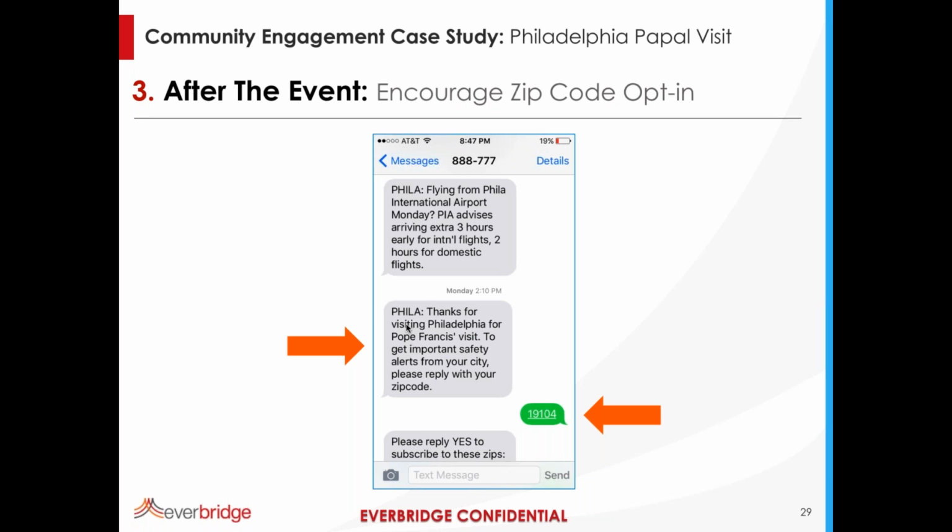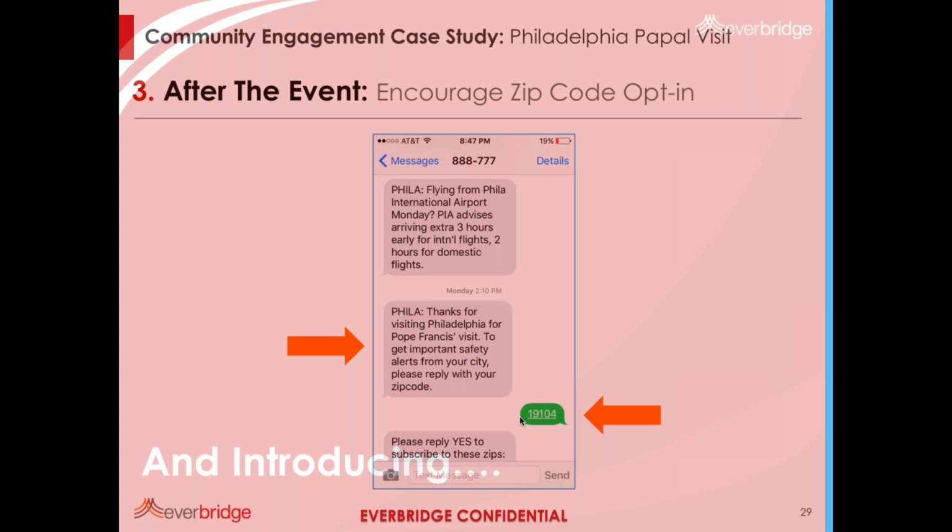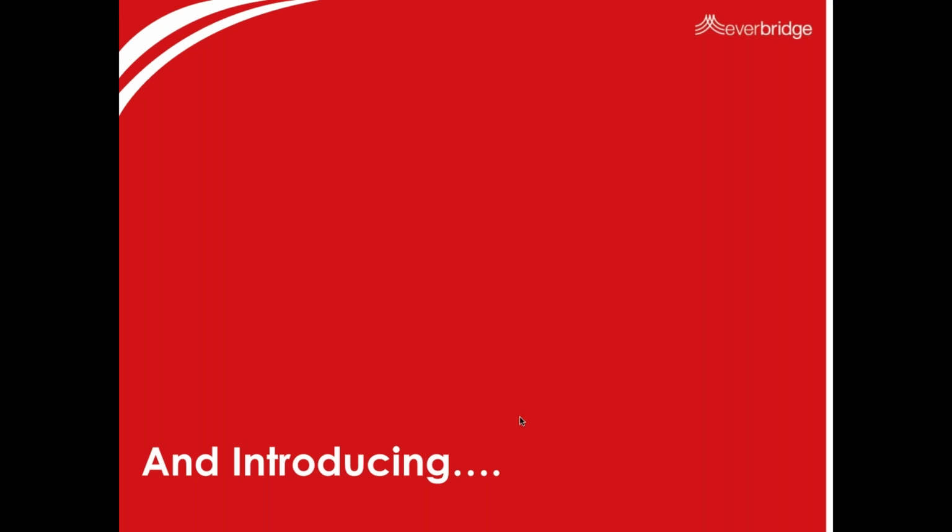and asked them to respond with their zip code. So once a resident does this, now they kind of transfer over into that Nixle Wire group of users, right, who are now going to receive everyday communications from all of the relevant agencies in their community. So it's a great way to kind of transition users into getting a broader set of information. So that's really kind of the overview,